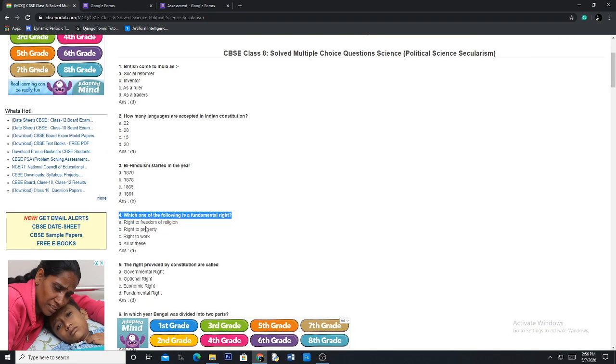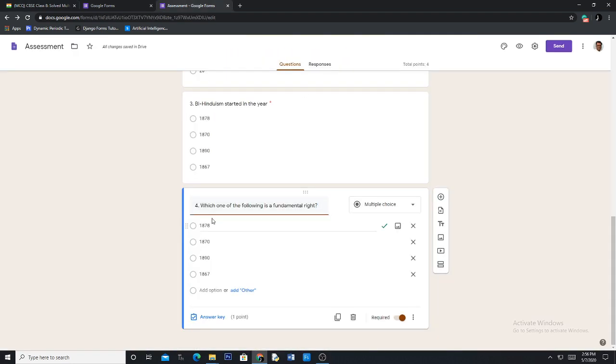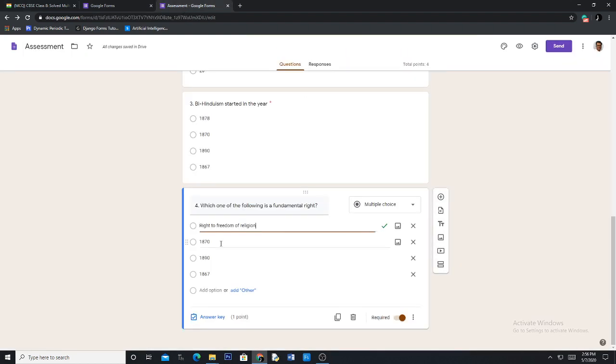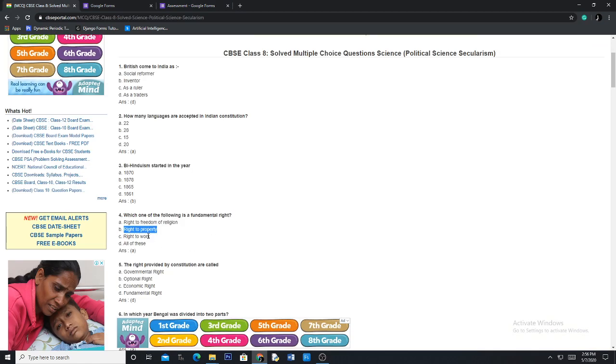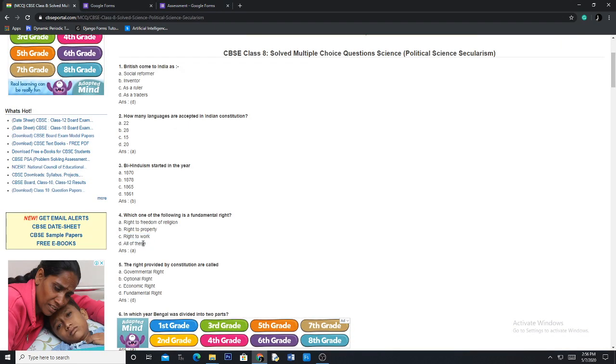I copy it quickly, right to freedom of religion, copy, come here, paste, and then I have the second option, right to property, come here, paste, third one, right to work, okay, I come back here, paste, and then I have the last one, all of these.